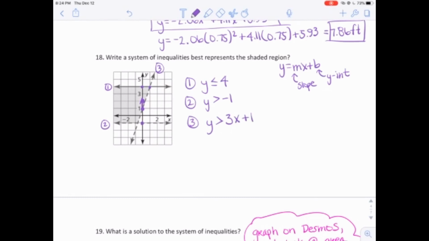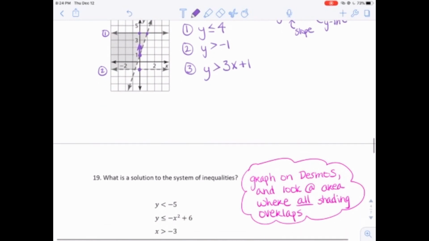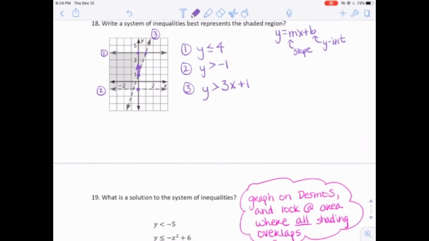I suggest that here you go ahead and look at Desmos, put these equations in, and make sure you get a graph that looks like the one in the problem. If the shading seems backwards or something, go and look at your inequality symbols and check it. Okay? So put all of those into Desmos and make sure that you get a graph where the darkest shaded region is the same as the region that's shaded here. All right,